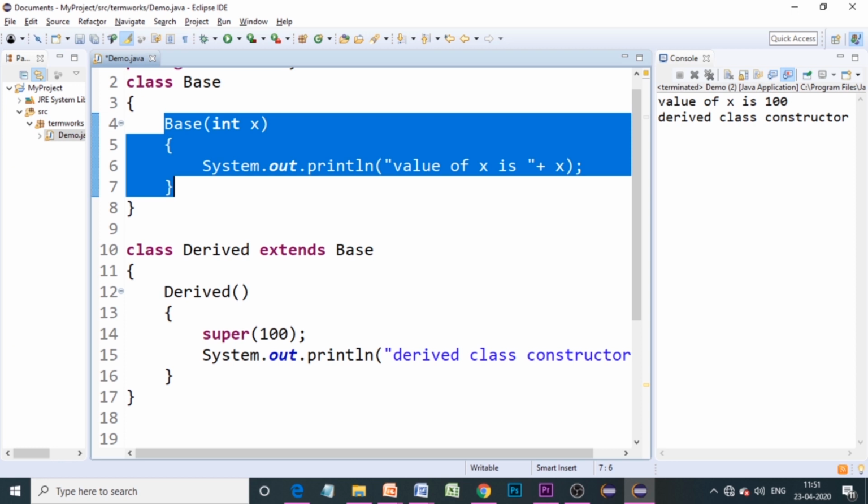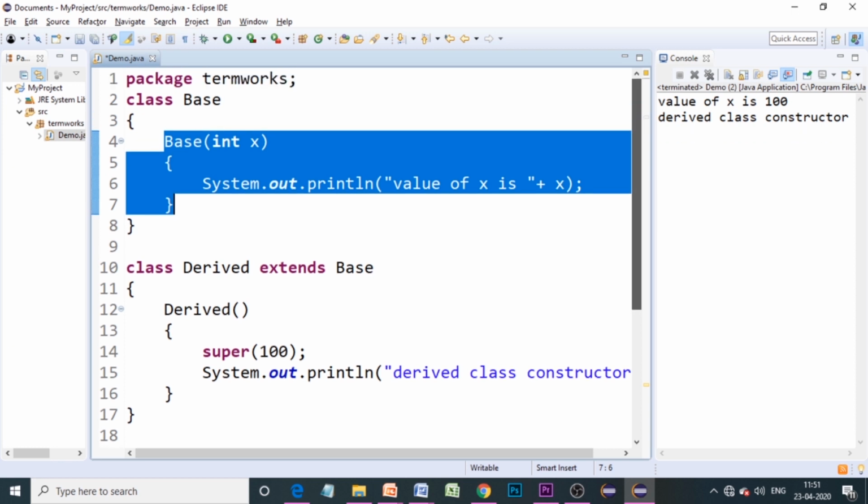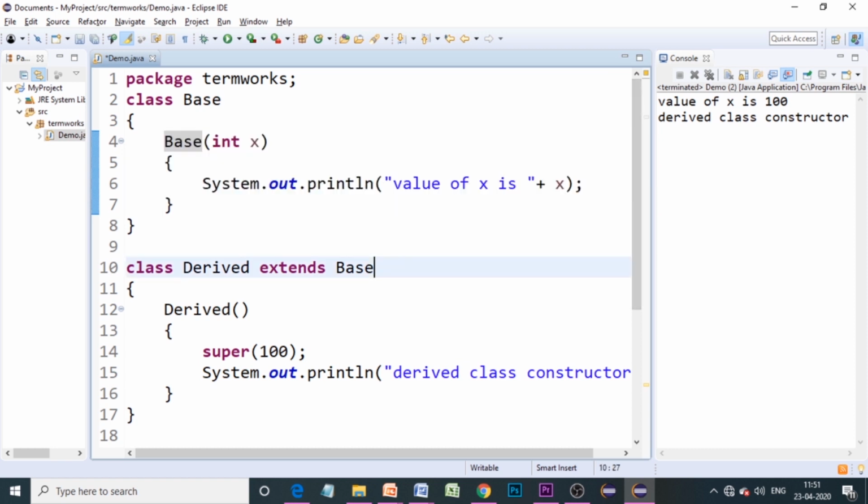Having said this, in all these cases we always access the methods or the data members or the constructors of the immediate parent.